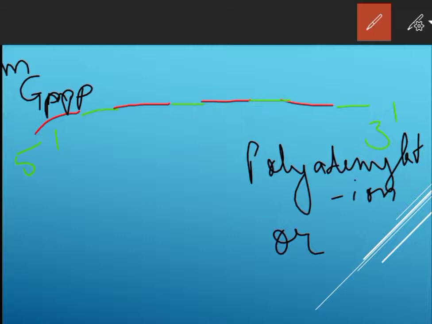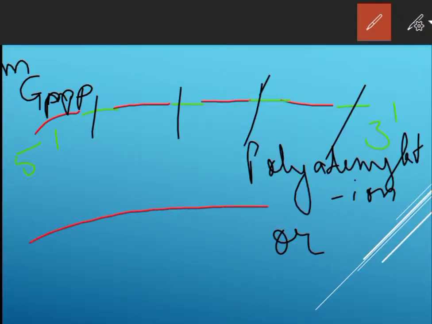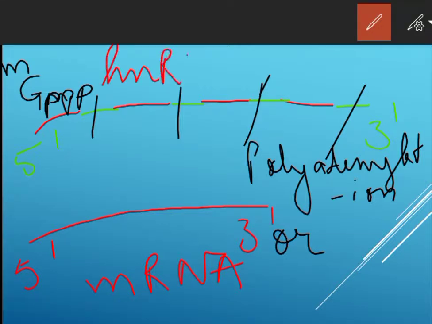Then the introns will be removed, and the exons which are present will form a continuous strand, and this is the messenger RNA. This was hnRNA, heterogeneous nuclear RNA, which contains exons and introns. So this process of removal of introns is known as splicing.